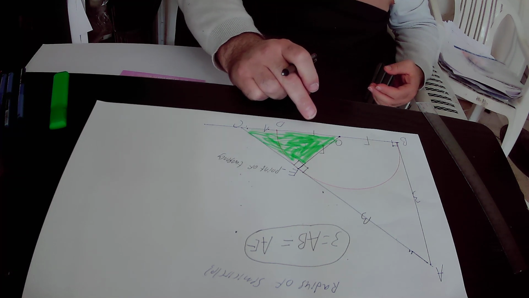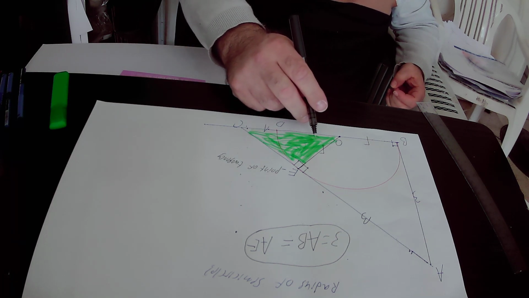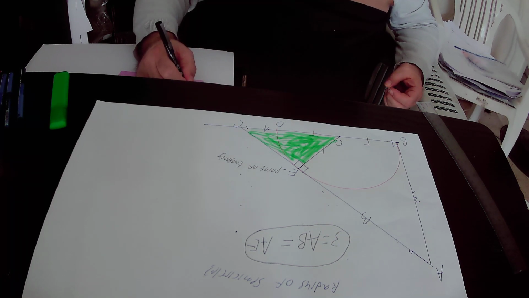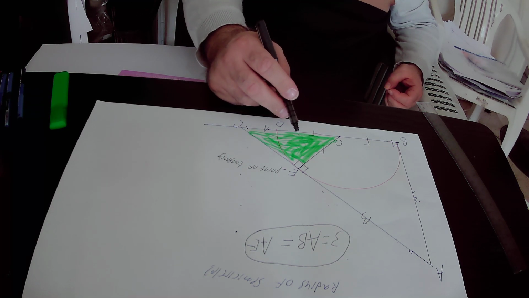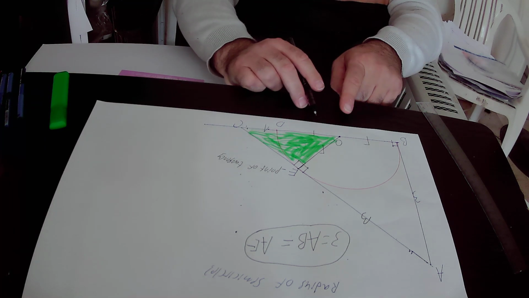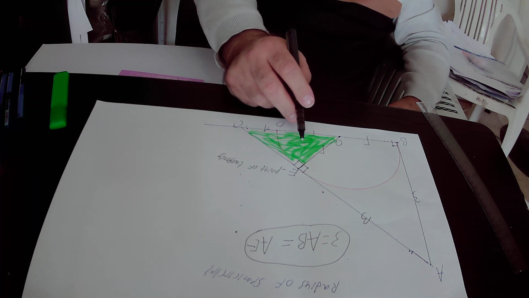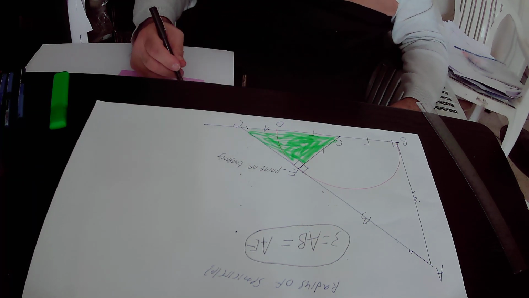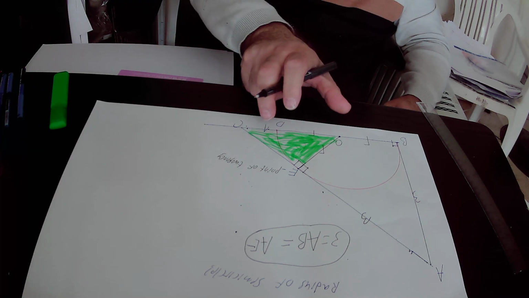The hypotenuse in the green right triangle is actually OC, because OC is in front of the right angle. So the square of the hypotenuse is OC squared,